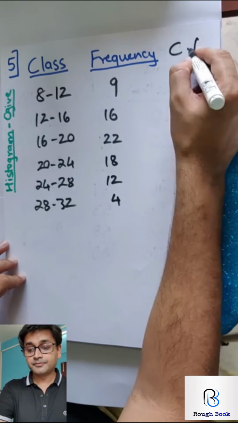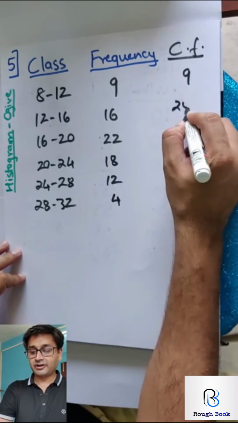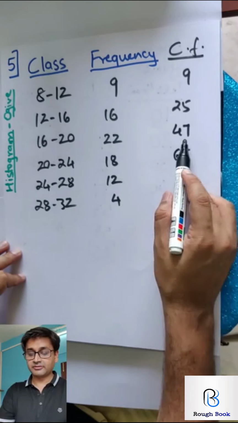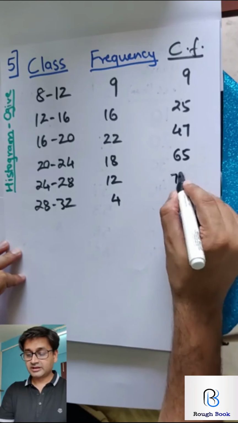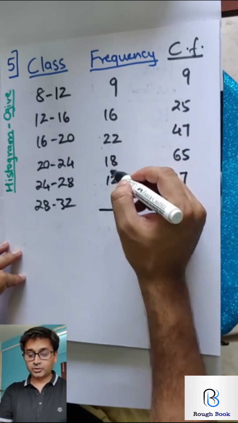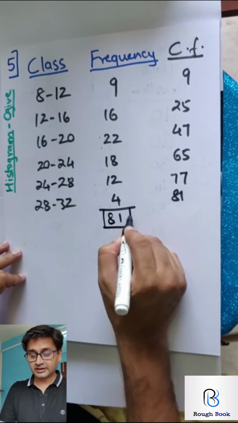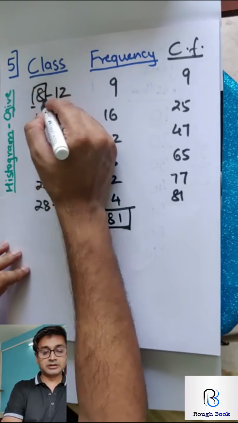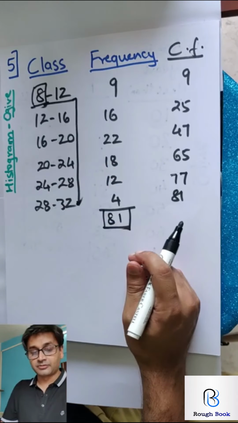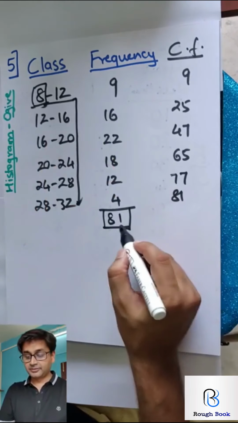What do you need now? The cumulative frequency. So let's generate 9, 25, 47, 65, 77 and 81. Let me check. 6 plus 4 is 10, 20, 31... 81. So that's correct, we are all right. The reverse L. If you do multiple sums, obviously you will remember everything. Let's graph this, guys. So reverse L, calibration 81.